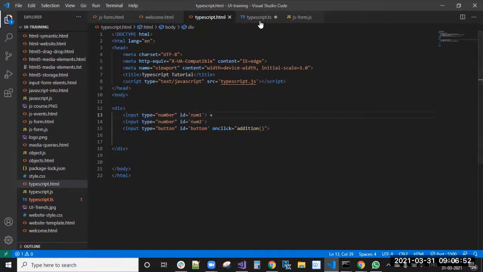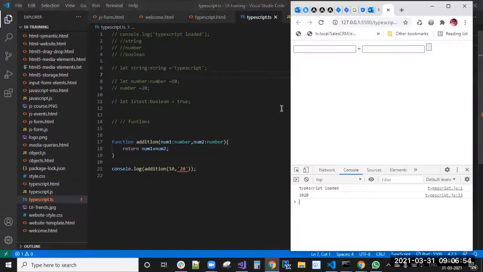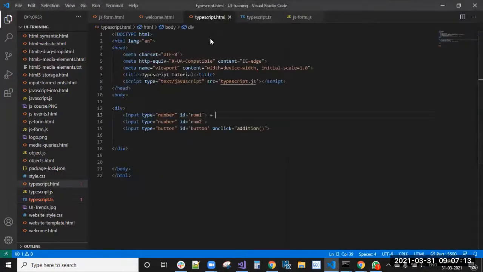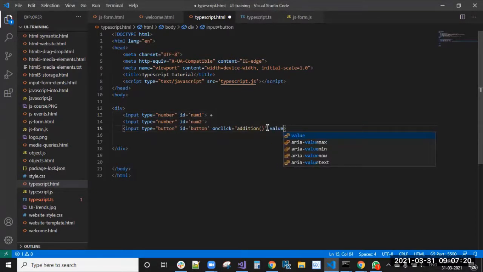Now we will go to the browser and we will see. So you got two input text boxes, right? In one text box you can enter a value. My intention is to enter 10 here and 20 here, and then click here. So the value we need to write like,